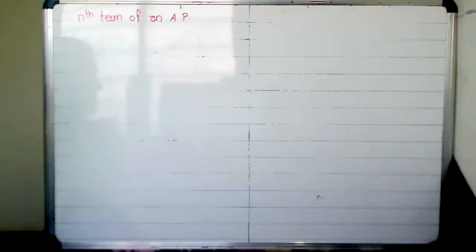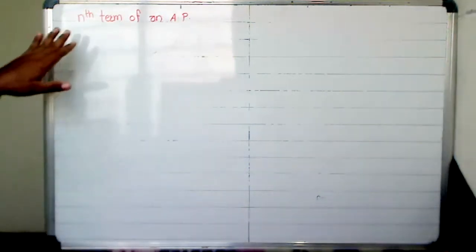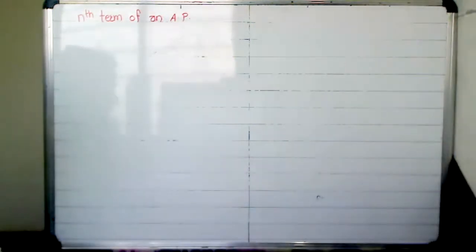So up to last lecture, we have completed the exercise or practice 3.1. Now today we are going to study the nth term of an AP. So generally, if A is the first term and the common difference is D, then